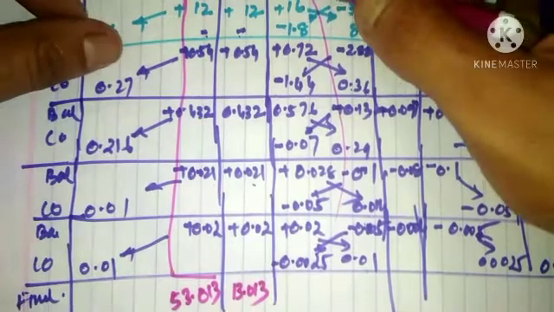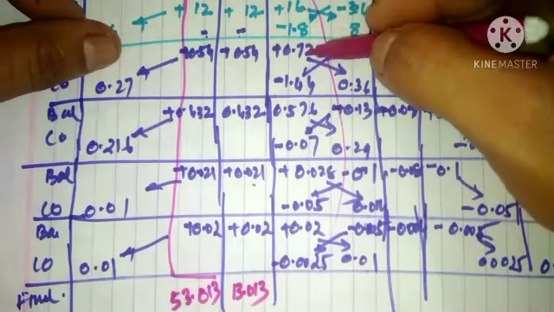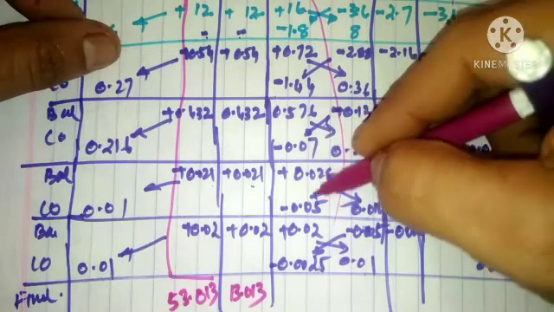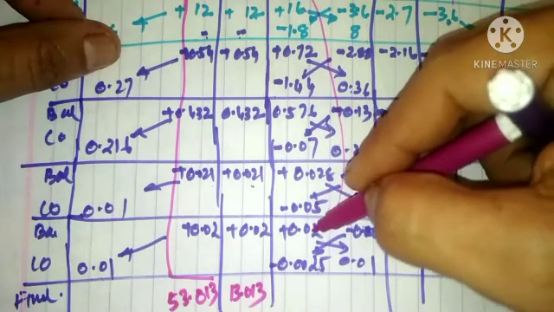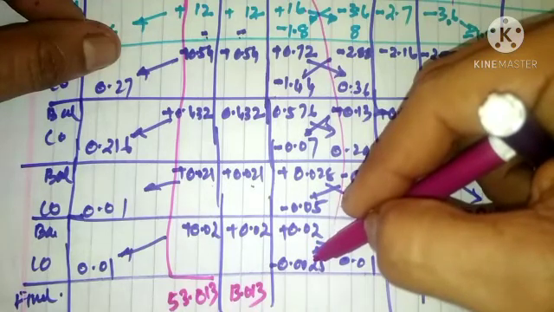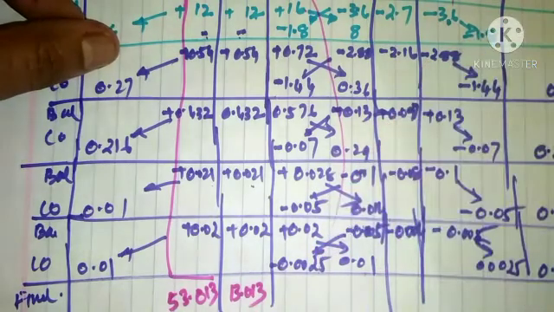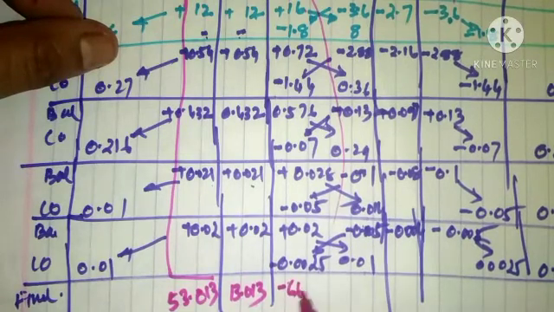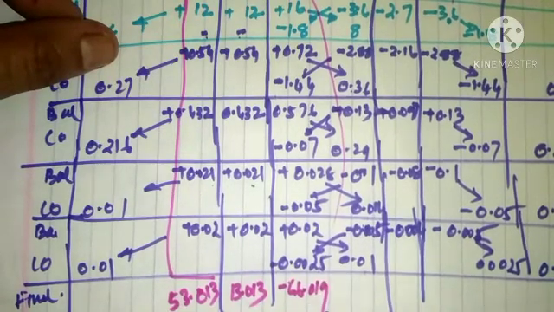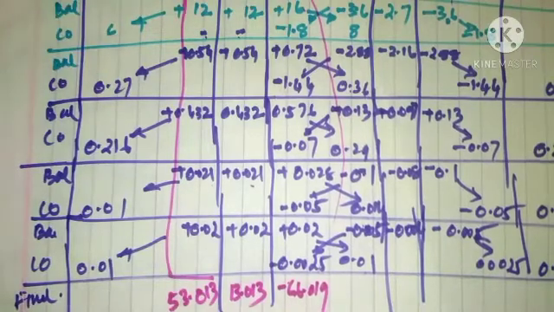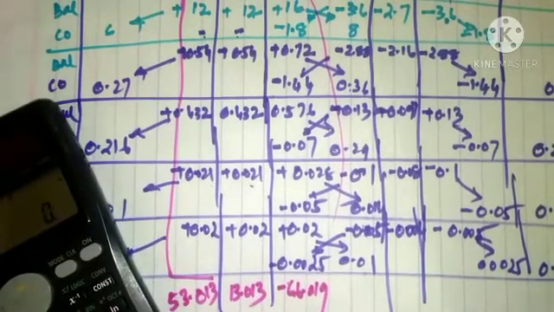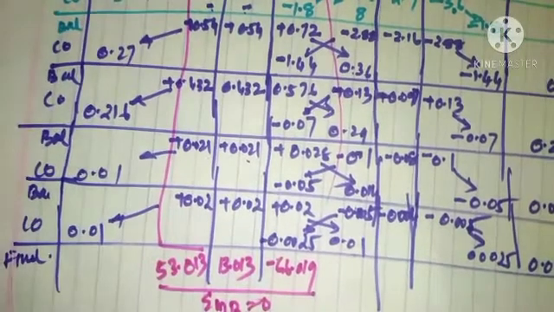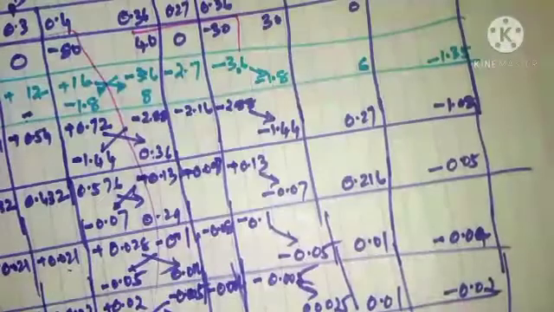Similarly, here it will be 80, 16, 1.8, 0.72, 1.44, 5.576, 0.07, 0.028, 0.05, 0.02, 0.0025 minus, so it comes as 66.019. So if we add all these three, we will get the net moment at B to be 0. Net moment at B to be 0. That is the condition that is required.